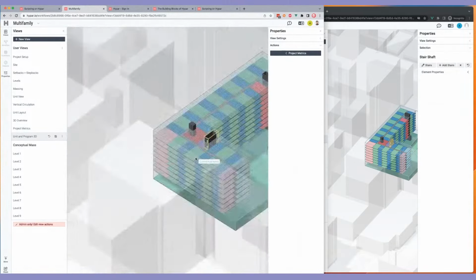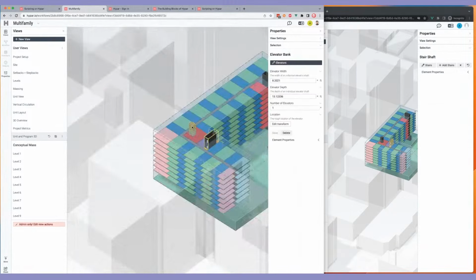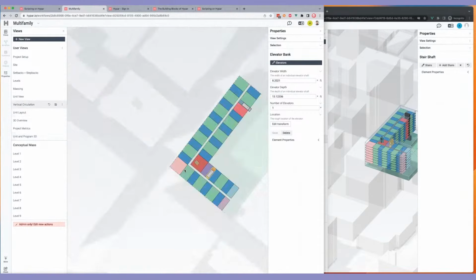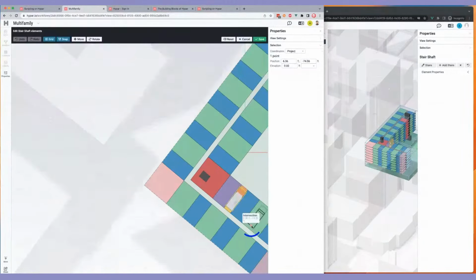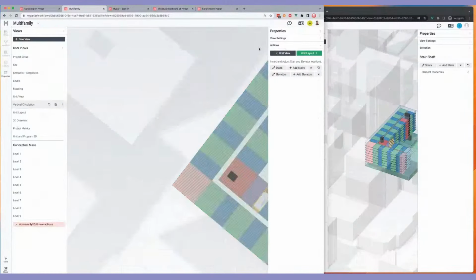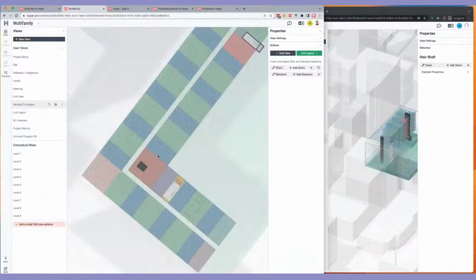So if I select this guy, it'll highlight over here. And if I make changes to this workflow, like I want to take this stair and shift it down, those changes propagate instantaneously across all users, so that, like a Google Doc, everybody's looking at the same thing.